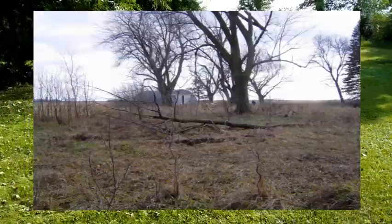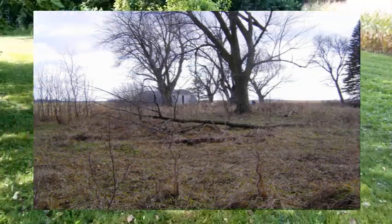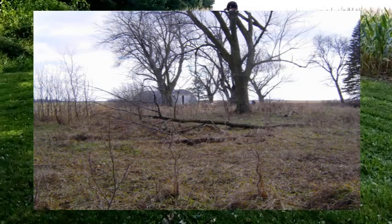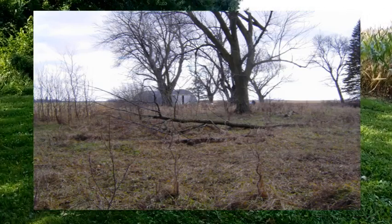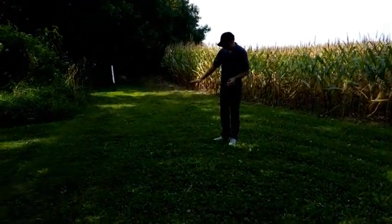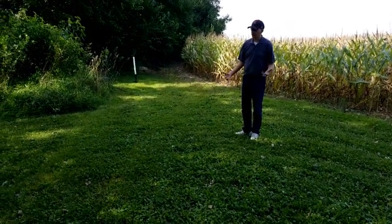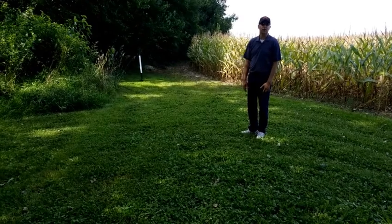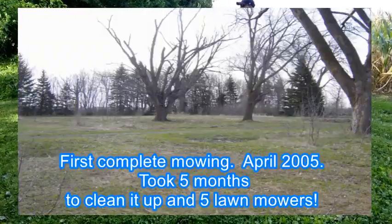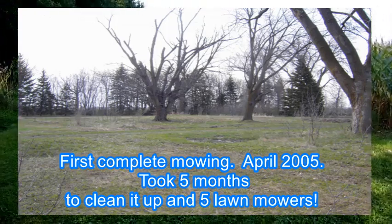As we continue on, like I said earlier, when we bought this property, this was completely overgrown. Right in this area here, there were trees down. We went through several mowers. You know, we luckily bought them at garage sales. We destroyed several mowers as we're mowing along. The grass was literally 2 or 3 feet tall. We'd be going along, we'd hit a stump, we'd hit a tree we didn't know about. We took out another mower. We usually picked them up at garage sales for 20 bucks. But it took a while to get this mowed down. To continue back here,